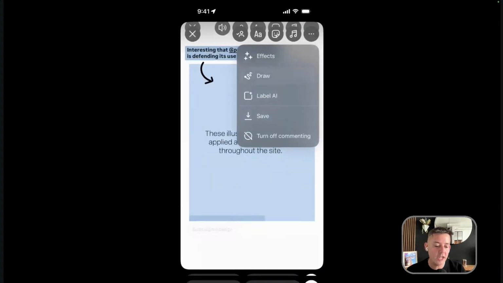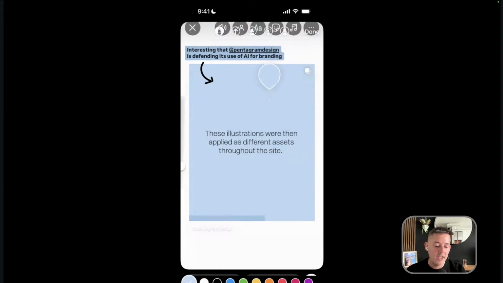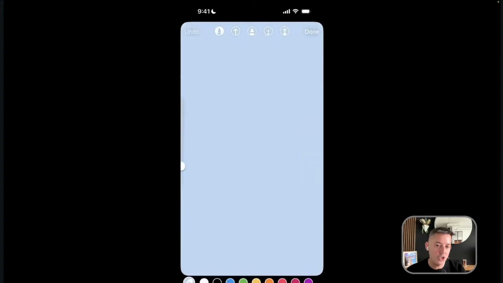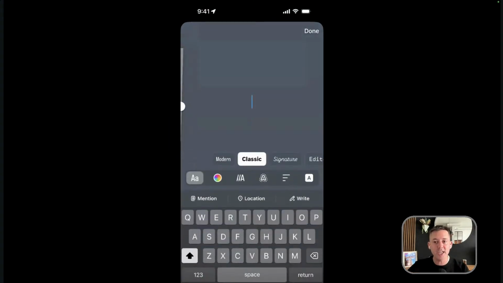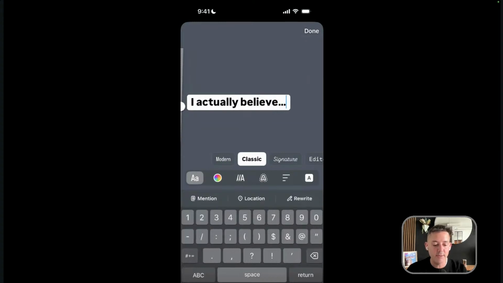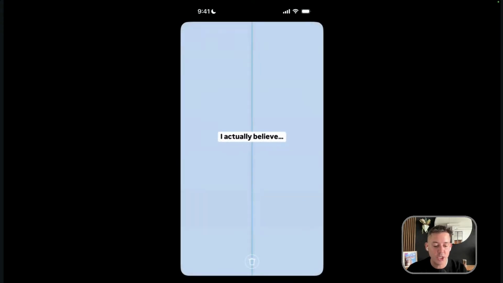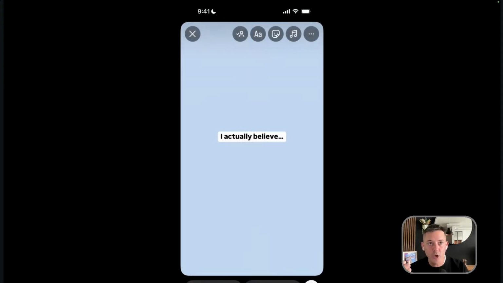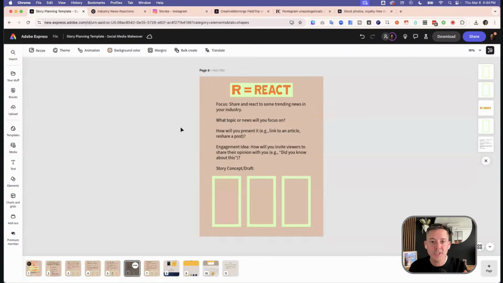When you click the 3 dots in the corner and click the draw feature, sample the color and hold your finger down and it will make the entire story that color. I do this so that there's continuity between the first story and the second without having to overdo it. So I actually believe, blah, blah, blah. Might center it, take more time to actually put my opinion here. Maybe I'd link to a blog post. Maybe I'd link to a remixable template if I was talking about something related to what I've created in Express. That's a quick little demo of how you can share news and quickly give your opinion,